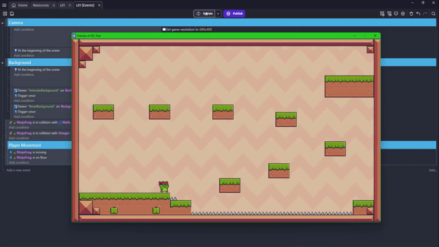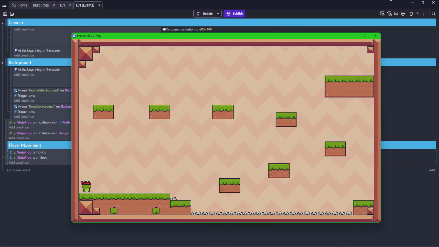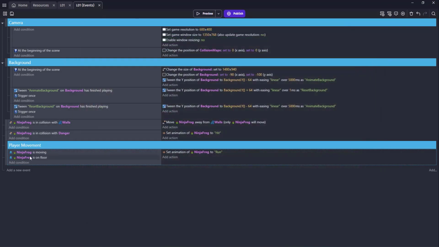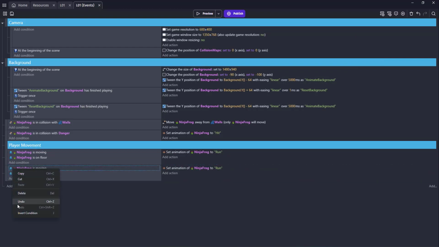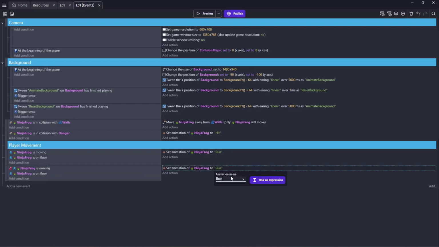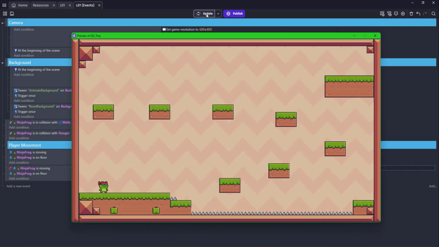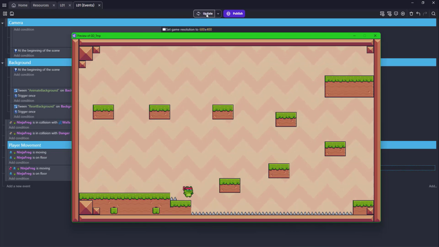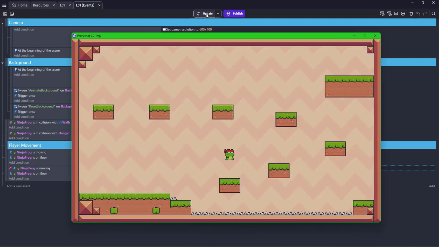all right, so that worked. And then we also want, copy this, paste it down here, and we want the inverse of this: not moving, and on the floor, set the animation to idle. All right, so that should be a quick